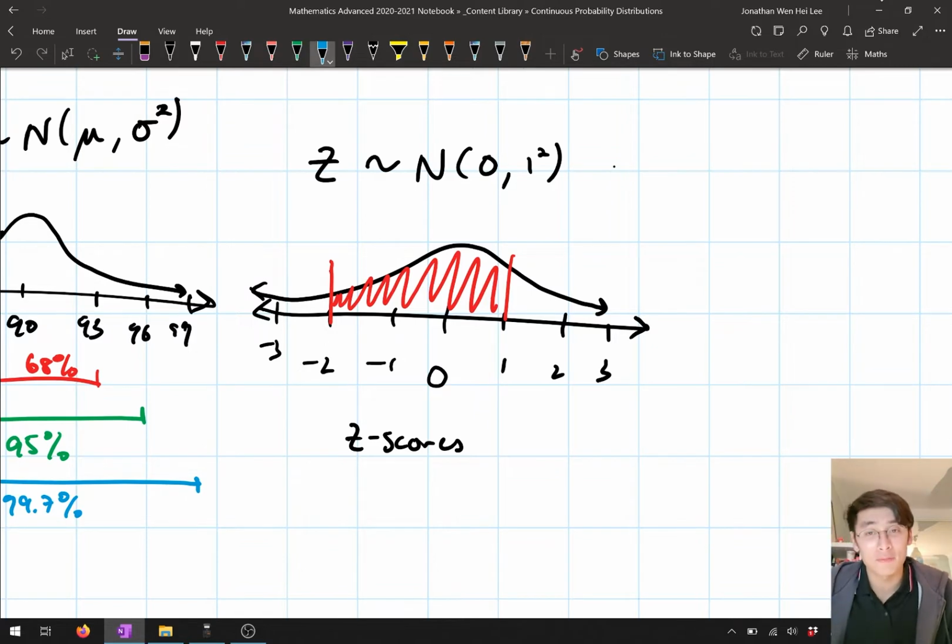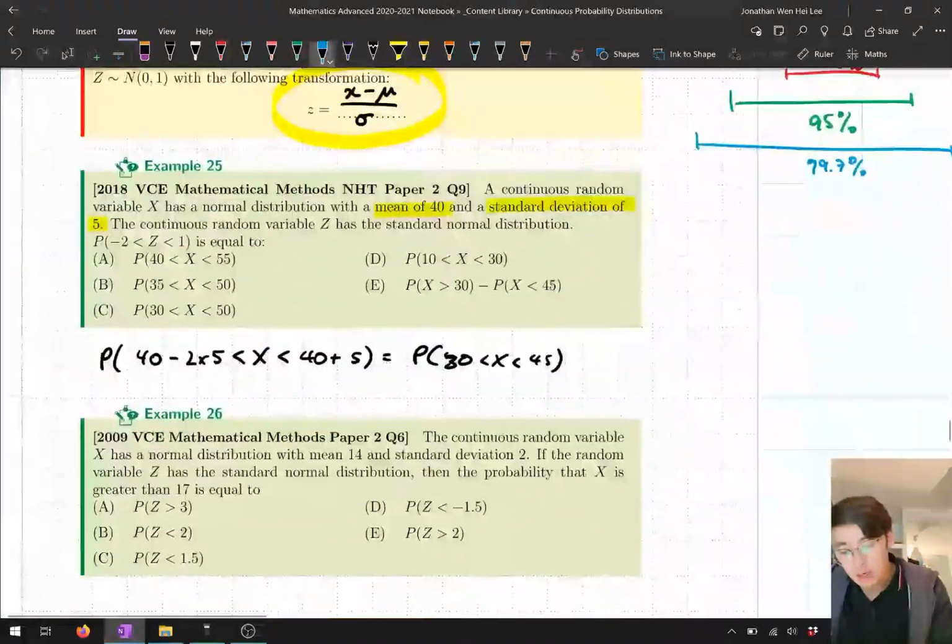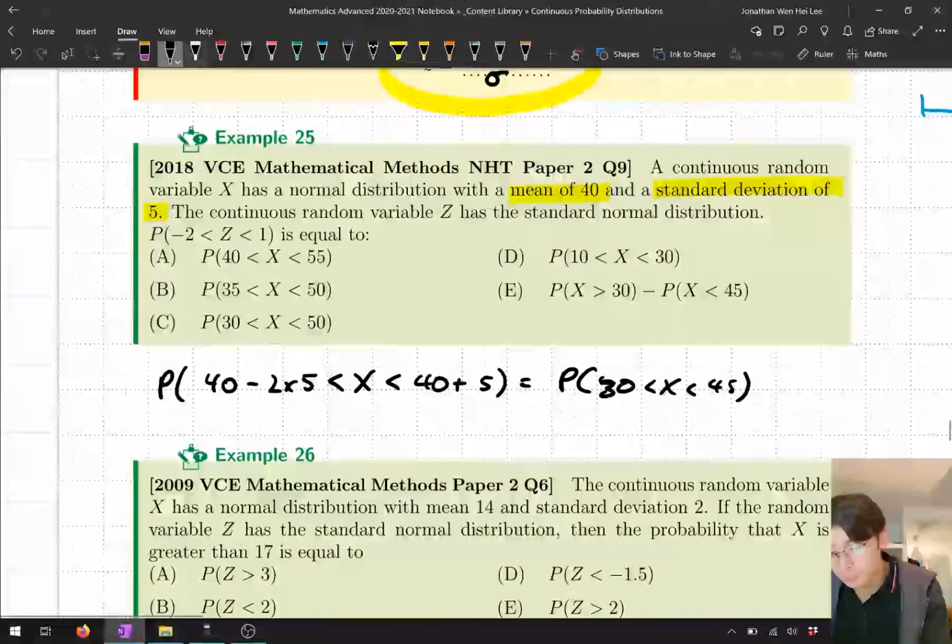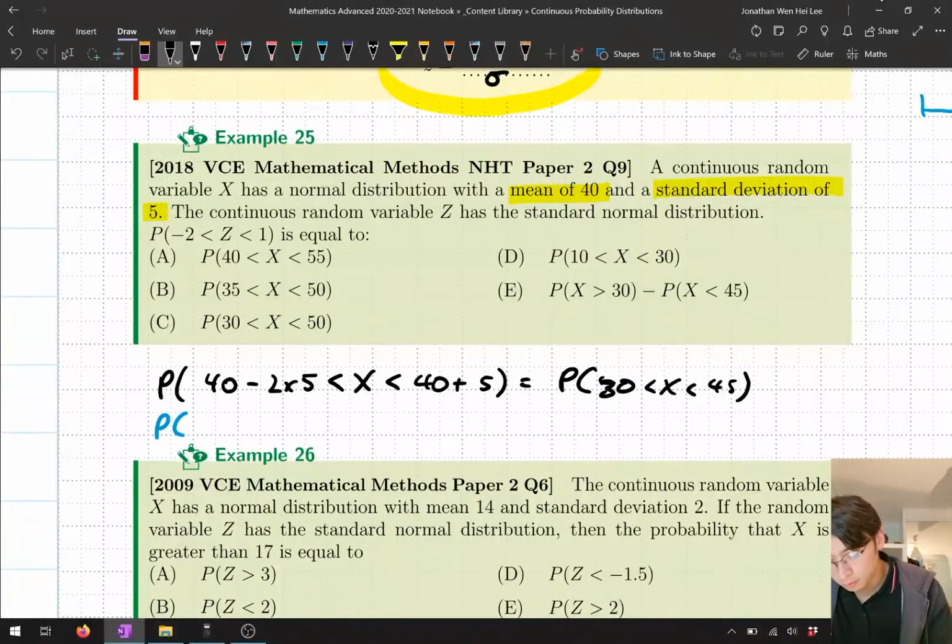If you remember, because it is symmetrical, this area that's in red is actually going to be equivalent to this area that's in blue. And so if I find the area from 1 standard deviation below all the way to 2 standard deviations above, that would be exactly the same thing. So here, if I wanted to do P of